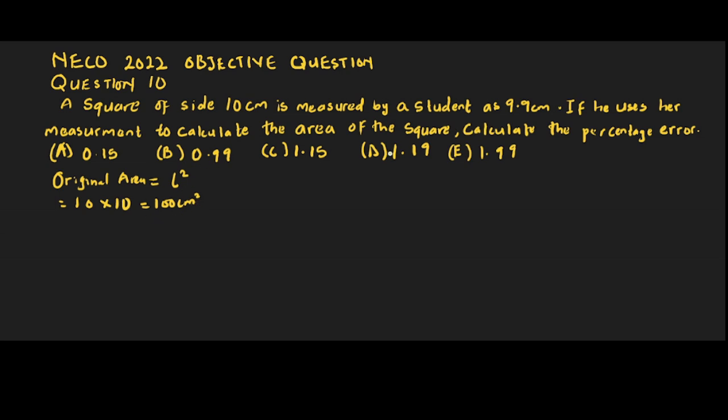Now, for the student measurement, which is the error, the error area is going to be 9.9 times 9.9, which will give us 98.01 cm square. That is the error area. Now, to calculate our percentage error, you can say percentage error is going to be